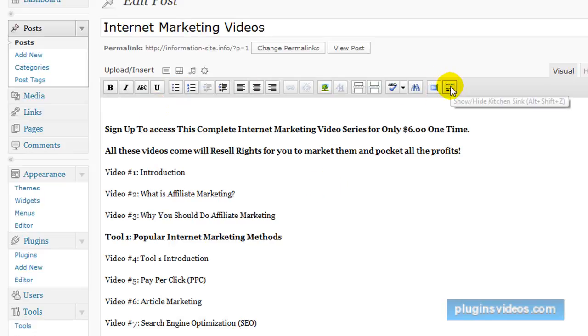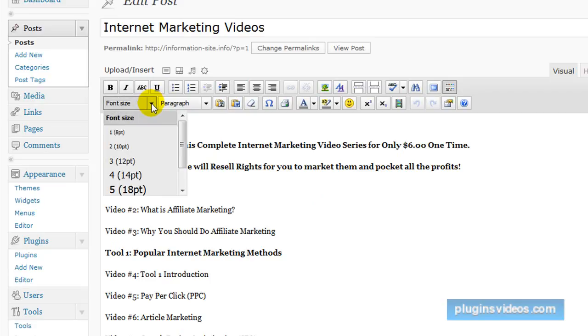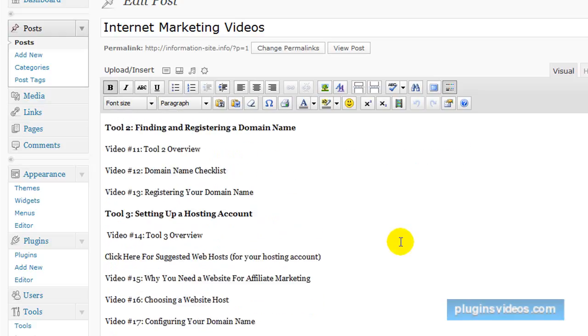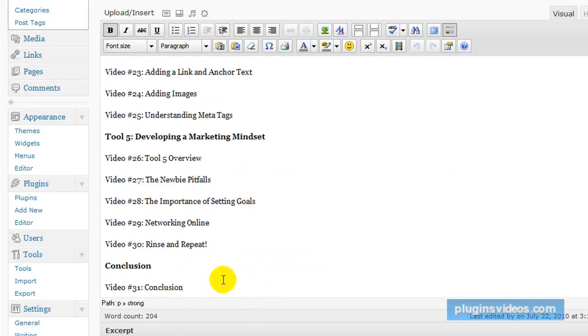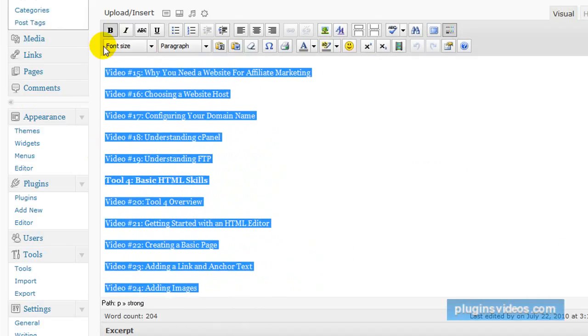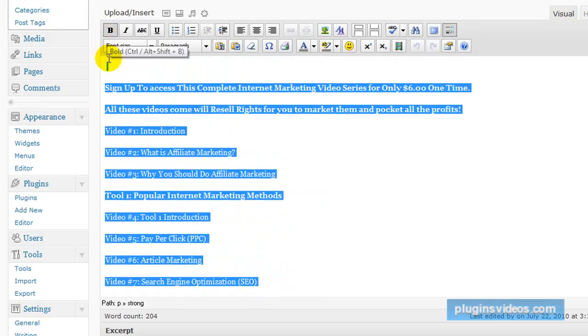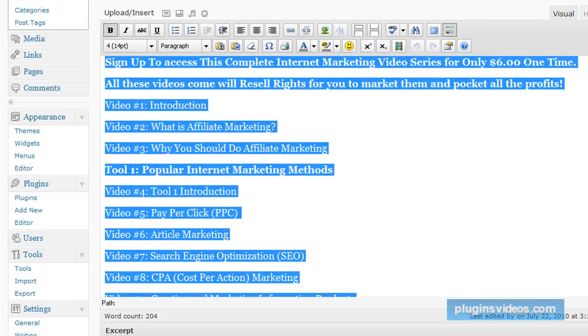Okay, now when we go back to the post and we look at it to edit it, it gives you more tools here. If you click on this button here, it gives you better things. Instead of just being 3, 4, and 5 for your sizes, it actually gives you the 12 point, 14 point, stuff like that. So I'm going to highlight all this and make it 14 point. So we'll go ahead and do that. And 14